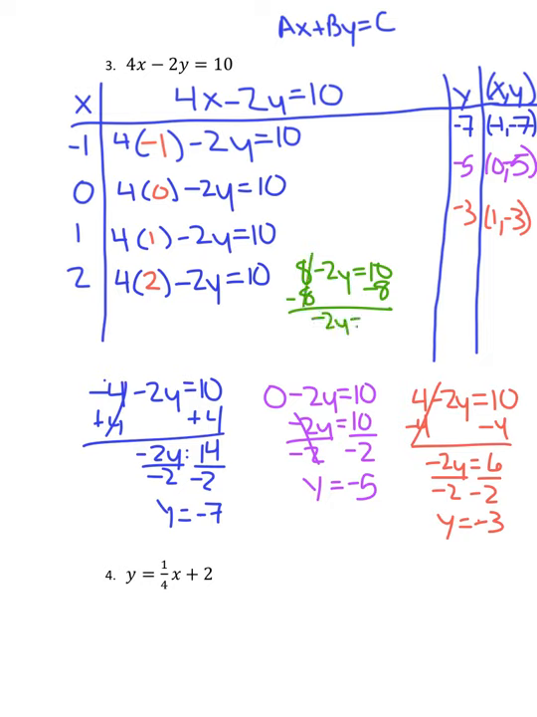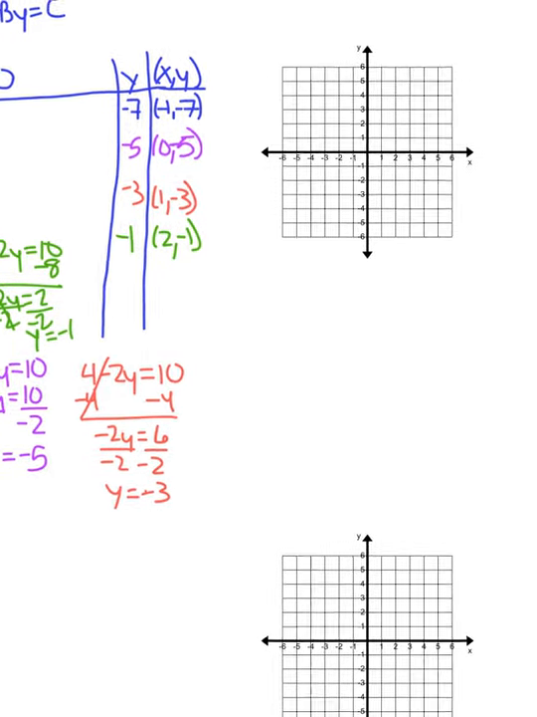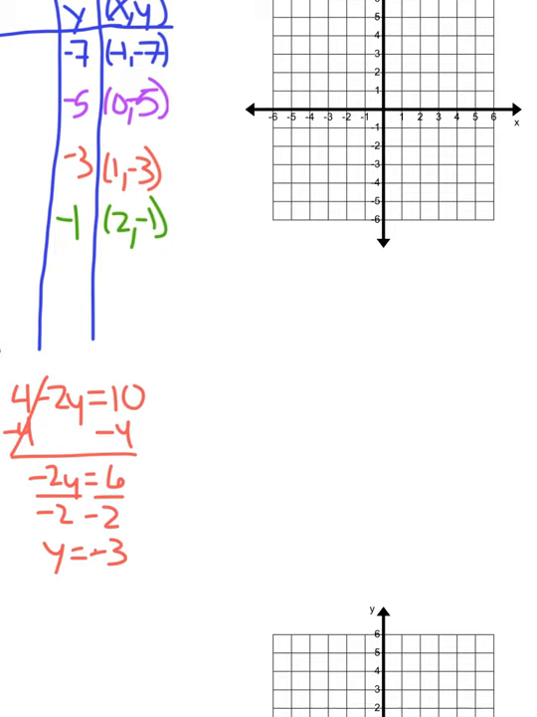Minus 2y comes down. 10 minus 8 is 2. Divide both sides by negative 2. All right, y equals negative 1. So when x is 2, y is negative 1. So now I have 4 points to plot. So standard form takes a little bit more work than slope-intercept form, but we can still get our points and